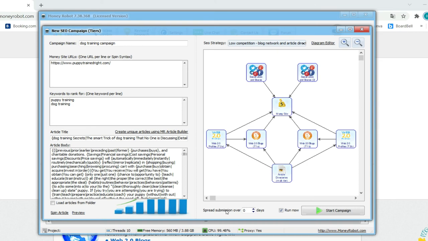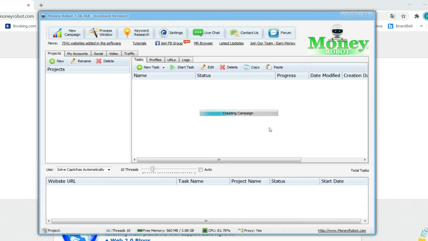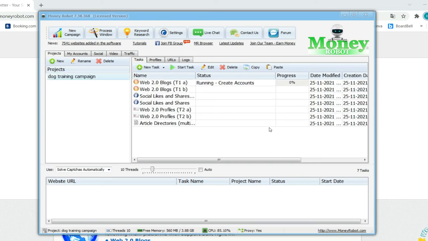Okay, so once that's done, I'll just keep it for 5 days and run it. Now start campaign. So here the campaign is automatically created. Now Money Robot will automatically create accounts on Web 2.0 profiles, social media handles, article directories. It will automatically submit the articles and create a backlink to your money website. As you can see here, there are around 7,500 websites in Money Robot,